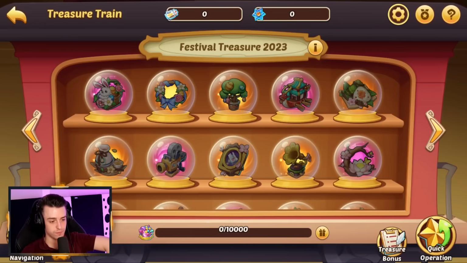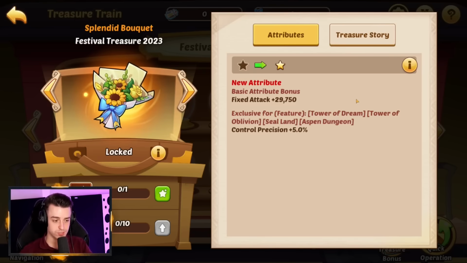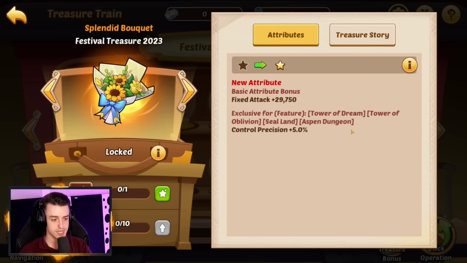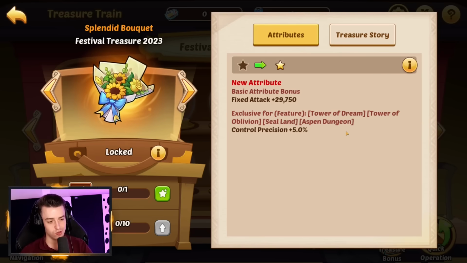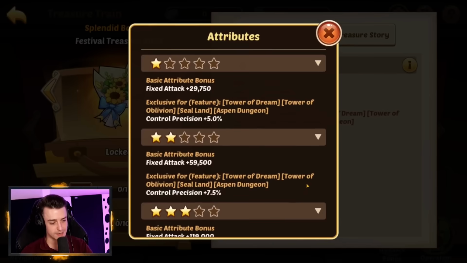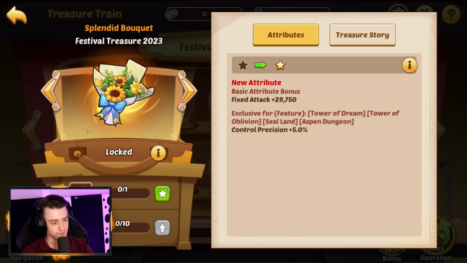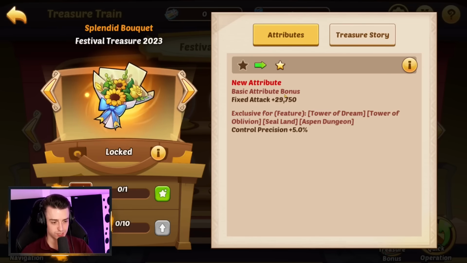So we're going to go across to the festival tokens, and we can see here that this week's ones are buffing us in Tower of Dreams, Tower of Oblivion, Seal Land, and Aspen Dungeon. So that's not that good. This is giving control precision plus 5%. I don't really see that being that great, but maybe there's a use for this, but it's very, very unlikely that control precision is going to come up in